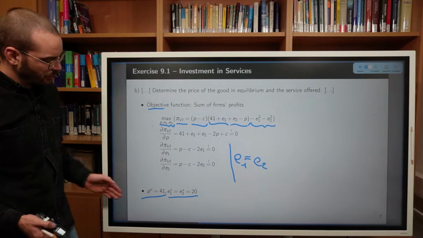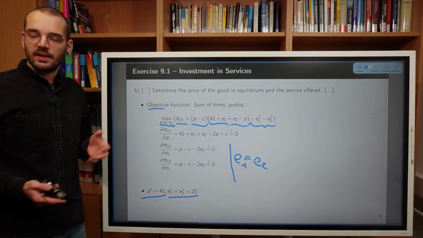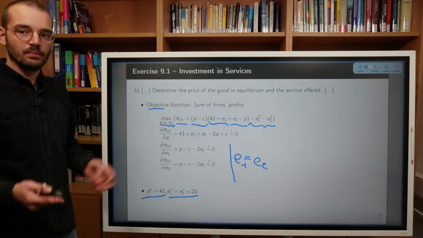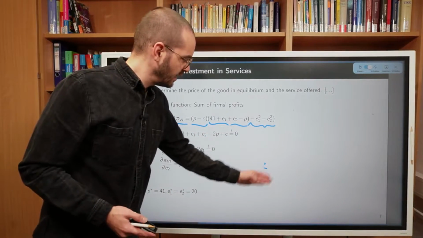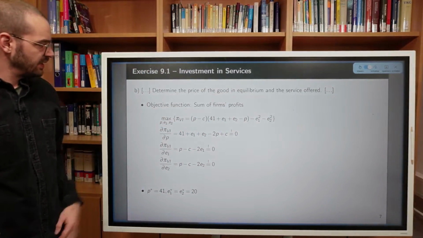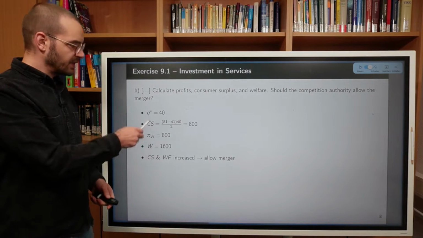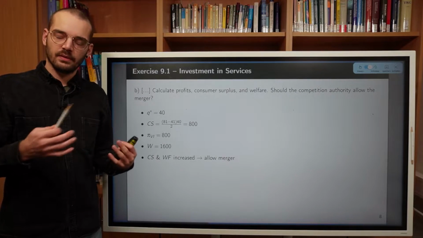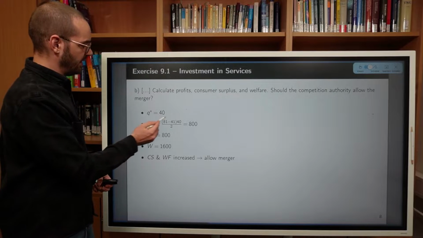All right, so with this we can of course calculate the quantity in the market that is sold, and with that then profits and consumer surplus, etc. That should be precisely what we are doing next. Right, so for given P and given E1 and E2, we can calculate the quantity